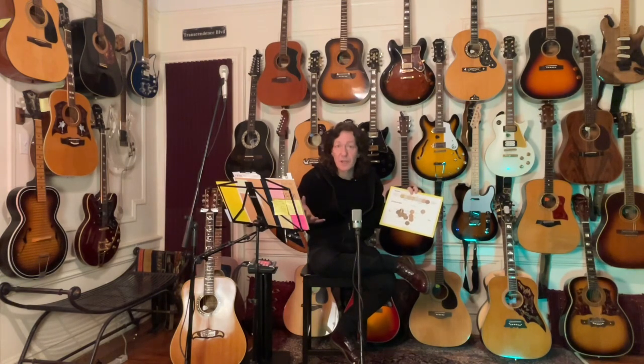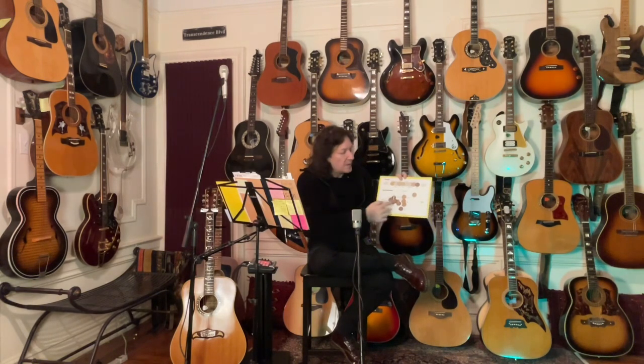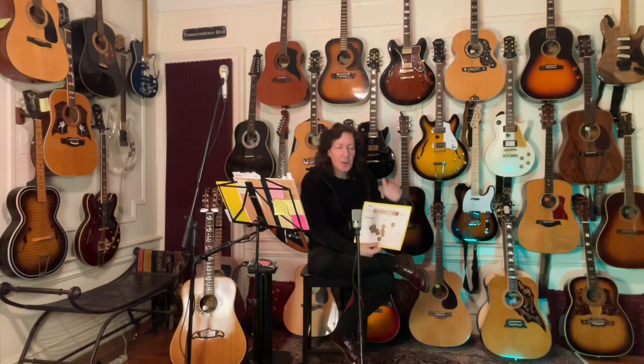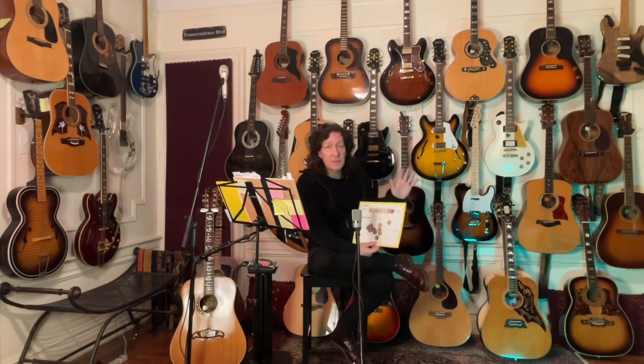So when you play a G, you hear a G, but you also hear all the other harmonic possibilities in that G. And it could be a G chord or even a G note, right? And that's the difference here between the vertical. Now what you're going to notice is all the way down at the bottom, I found this surprising too, is walnut. Now, for me, personally, out of all these guitars, the guitar that really has a lot of harmonic overtones